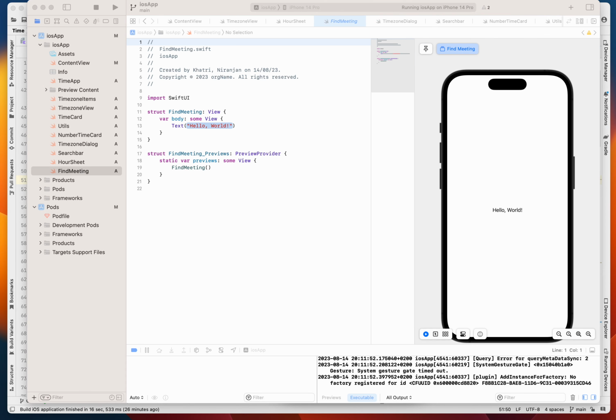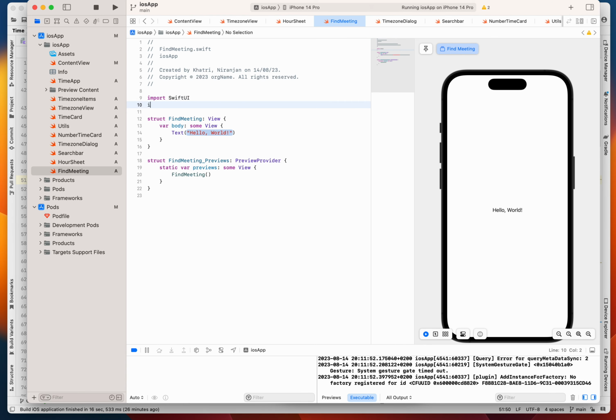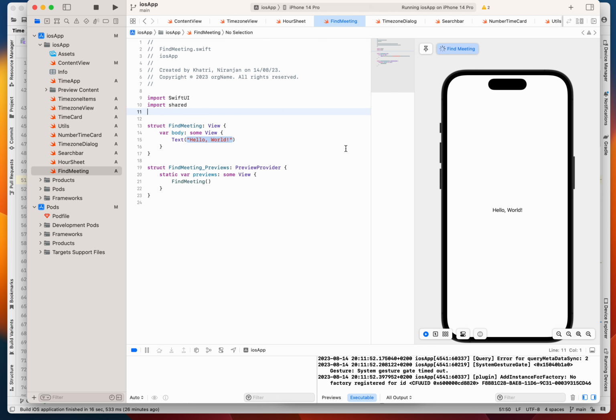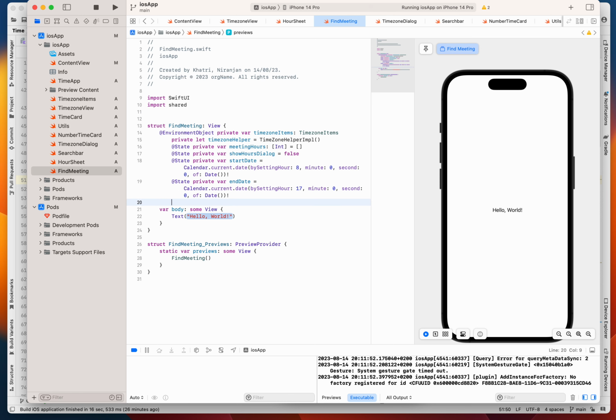And so here, we first have to import our shared business logic. Obviously, you also need to add your necessary constants and helpers. I just added my necessary constants here, and you also need to